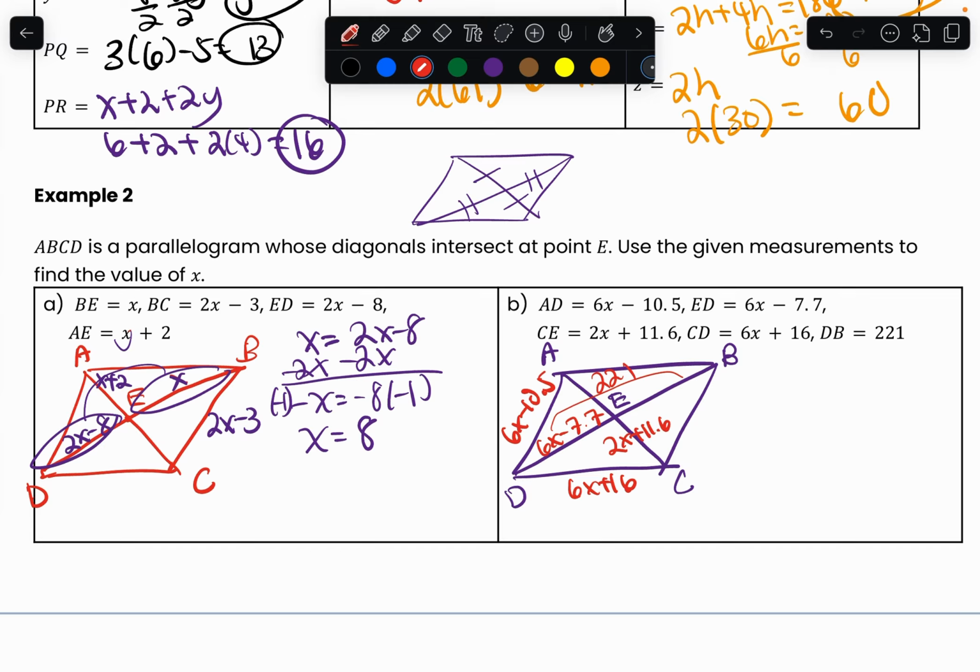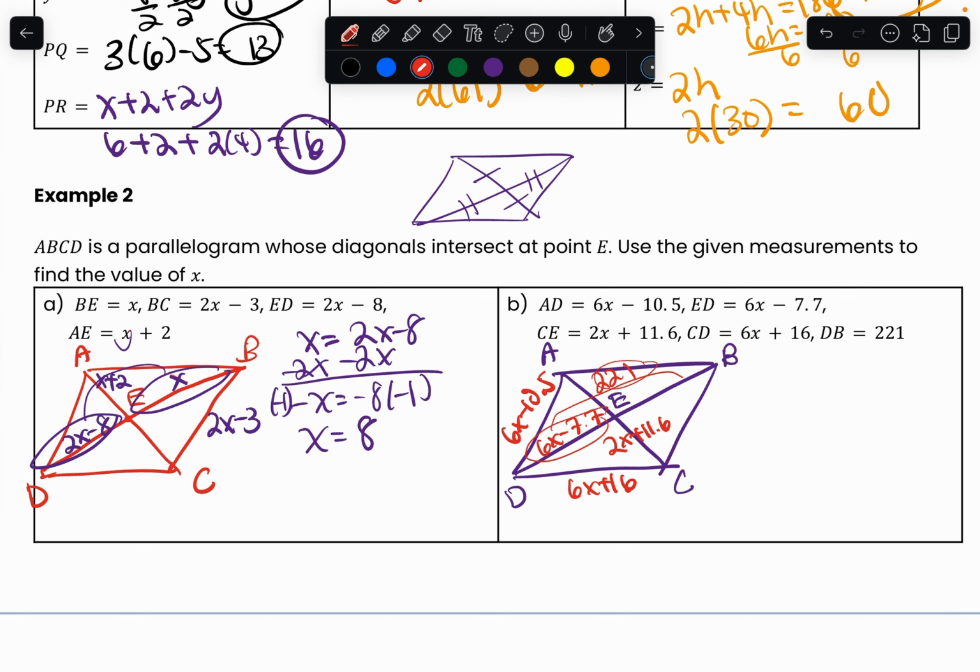Now, we have to be able to set up an equation. Now, you will realize that for this one right here, there's nothing equal to it. For this one right here, there's nothing equal to it. For this one right here, there's nothing equal to it. And the only ones we have left are this one and this one. Now, how can we use this to solve for my x?